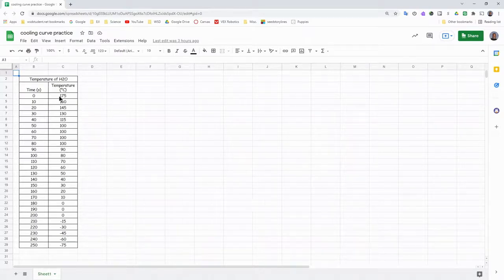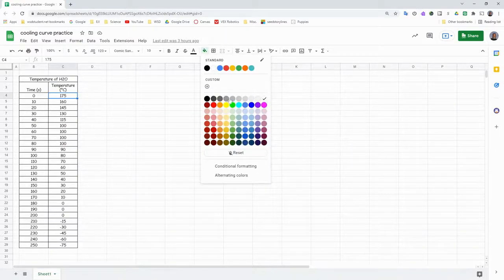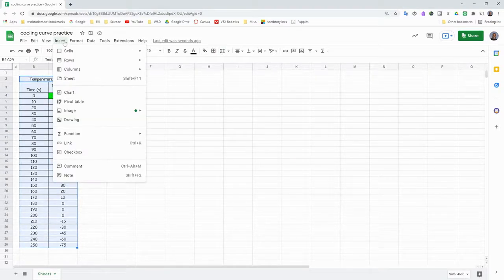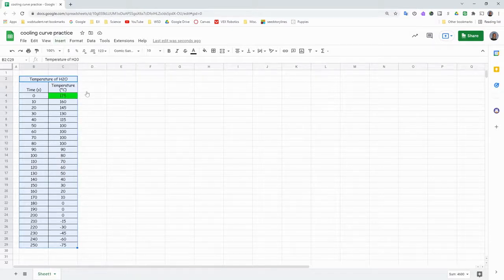In this particular case, if we look at the first temperature reading at time zero, you see that the water is starting at 175 degrees Fahrenheit. So it's starting as steam. So we know we have a cooling curve. Now, in order to graph that, of course, you highlight all of your data. You click Insert, click Chart,